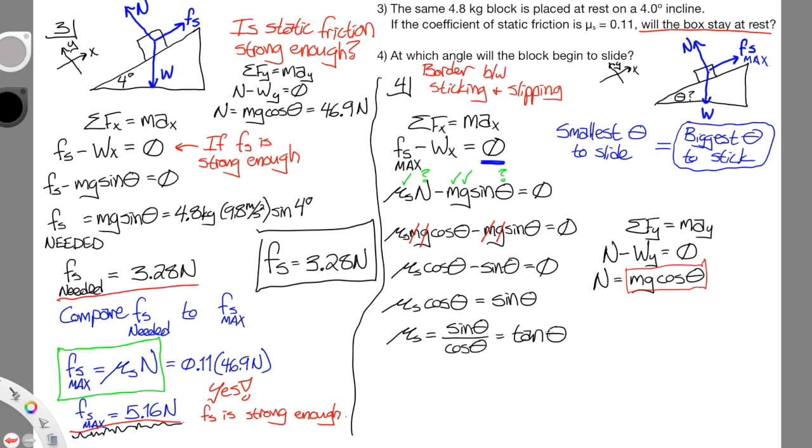And it's about the only way that you could do this without making a computer solve it for you. Now we have the coefficient of static friction equals the tangent of theta. So theta is the inverse tangent of the coefficient of friction, or inverse tangent of 0.11. And that gives us